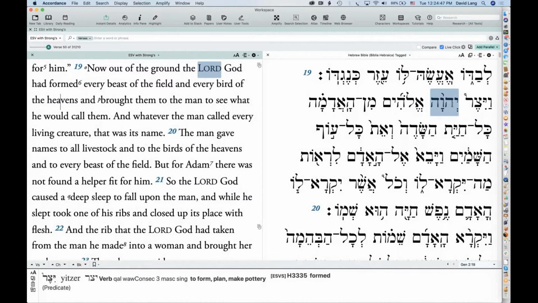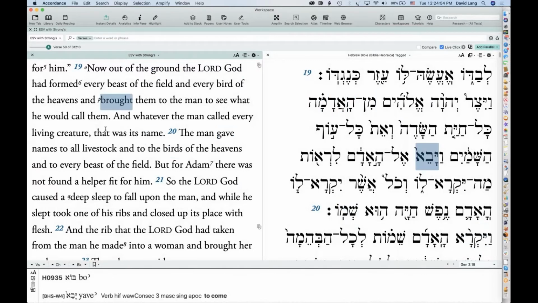So you've got all of this information in the Hebrew, much more information, and of course you've got every Hebrew word as opposed to just the keywords in the English Strong's text. But notice now when I hover over a word in the English, notice how in the instant details I also get all of the information from the Hebrew text.